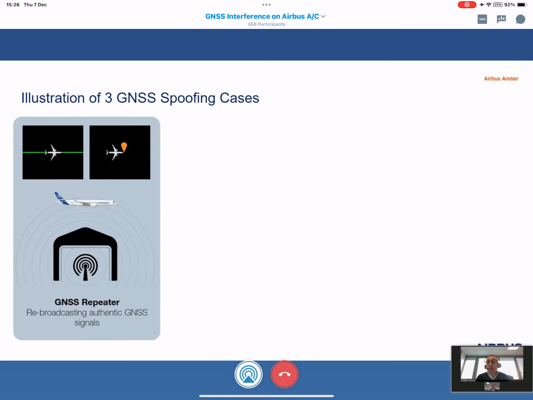So this is something that is often found in the United States, for example, but in France it's forbidden, and in Germany you can obtain that, but you need a license to provide these signals. So this is the kind of event that can be encountered with a misuse of a GNSS repeater, and we have seen some cases happening from laboratories doing experiments using a GNSS repeater.